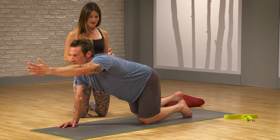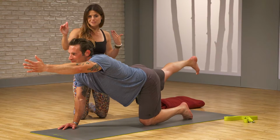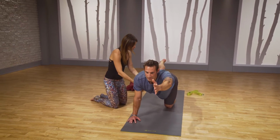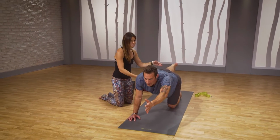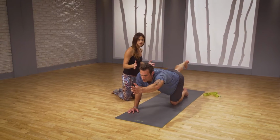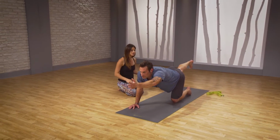Good, and then take your right leg back. Wherever you can go that you're doing the opposite arm and opposite leg. It's great. Now, take your lower ribs and draw them in towards your hip points. Yes. So the belly isn't just kind of collapsing down to the earth. Good. Take a breath or two here, find your balance, find that one point of focus, and then bend into